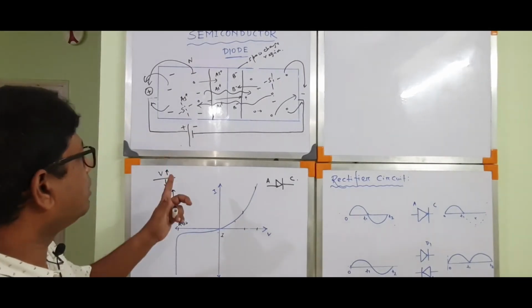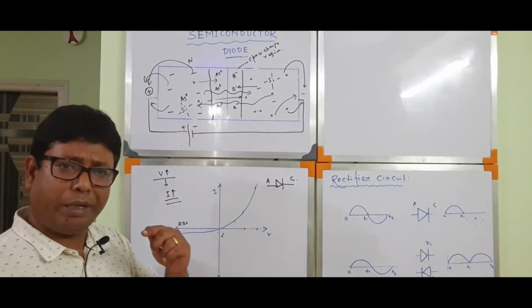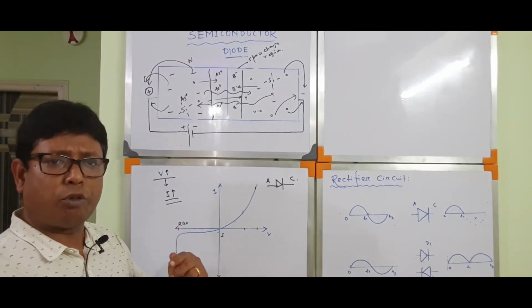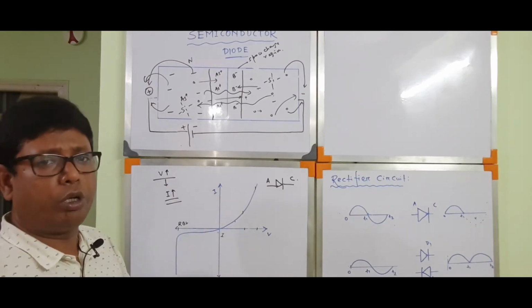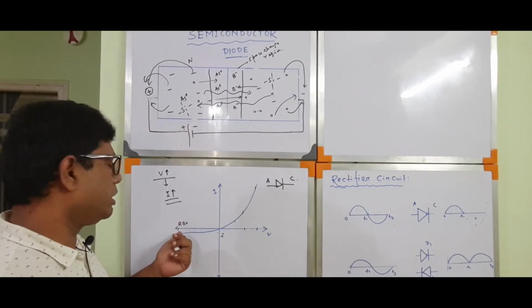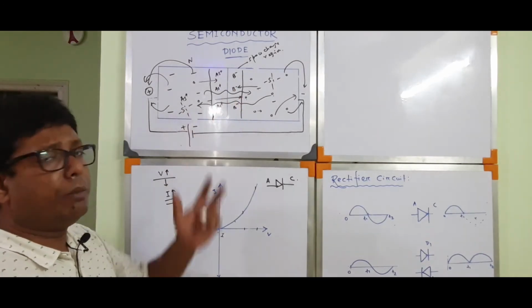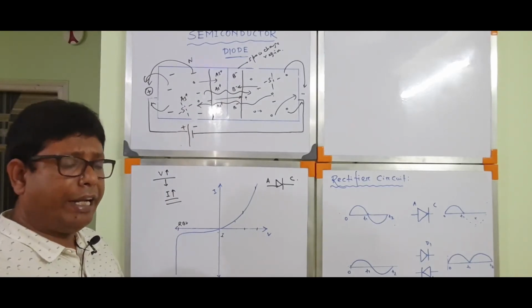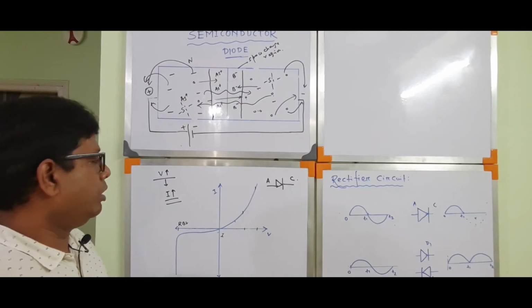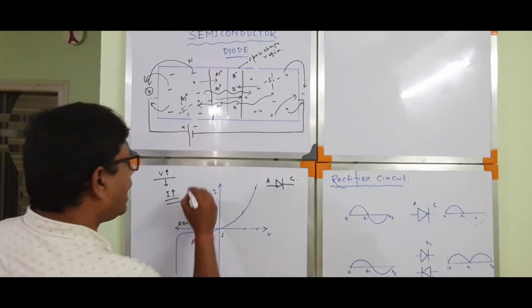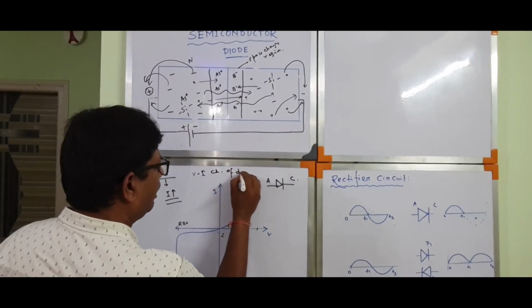So in reverse bias condition, initially the current flowing through the circuit will be less due to the flow of leakage current, due to the flow of only minority carriers. But if you increase the reverse biasing voltage, at a particular voltage, called the reverse breakdown voltage, a huge number of covalent bonds will be broken at a time, and due to the breaking of the bonds, the current flowing through the circuit will be more. This is called the VI characteristics of a diode.